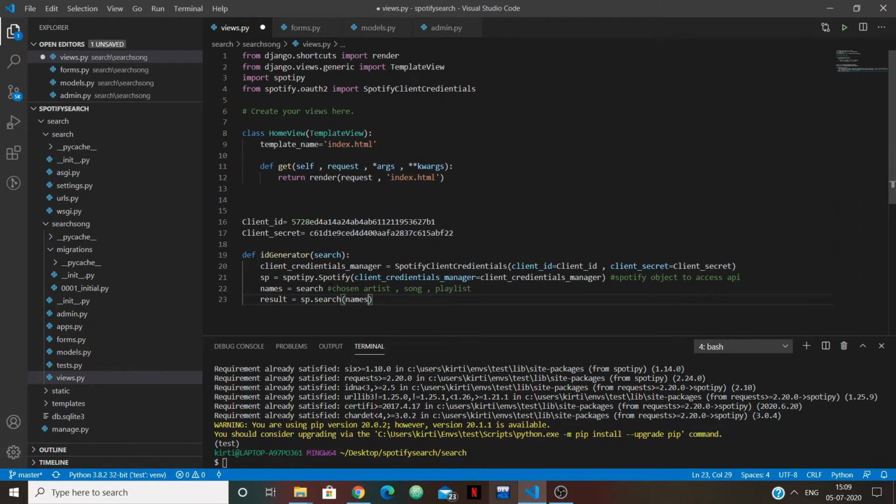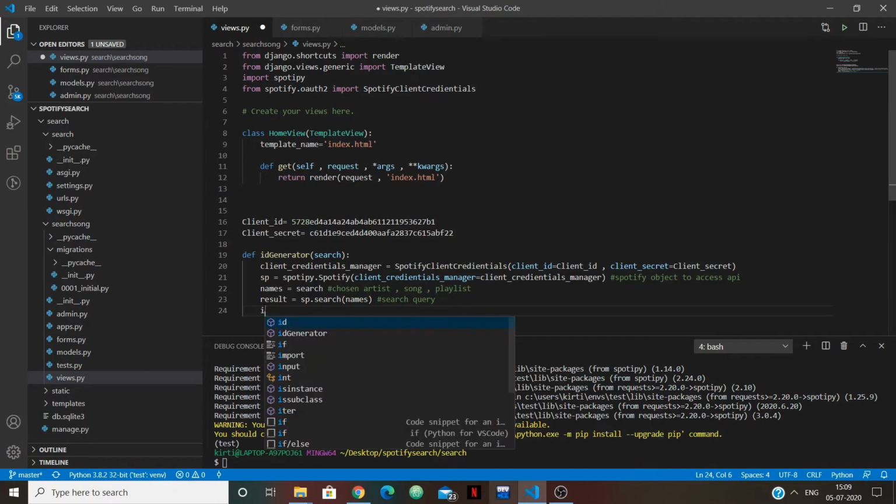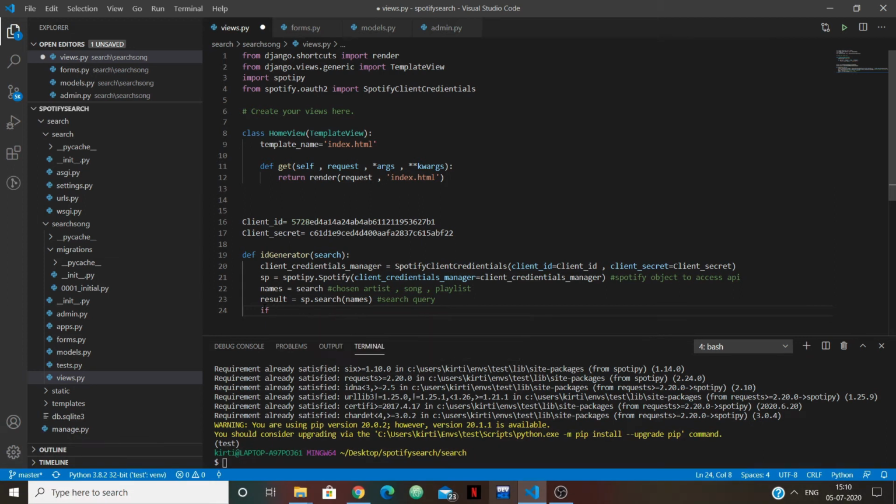Name. Okay, so it will search for the query and it will return an ID and type. This result variable will ask Spotify to search for this query's ID and type. Okay, so let's go ahead and type that. If basically this result is an array of 5-dimensional array,